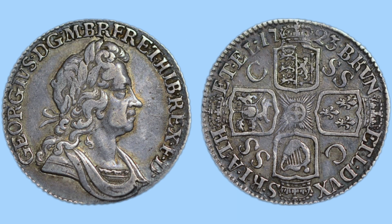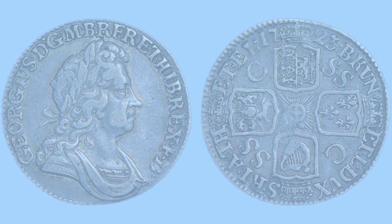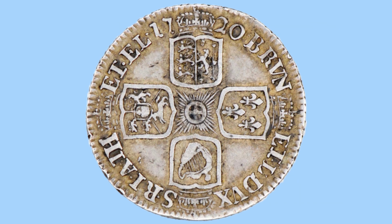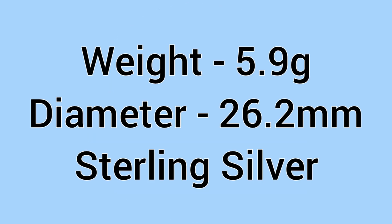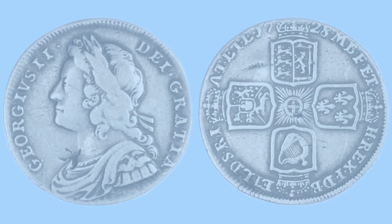On to the shillings of George I, and again a very nice realistic bust of King George I there, facing to the right, legend around, then a similar design to the reverse, with the crowned shields, garter star, and then SSC for the South Sea Company, and there's also a variety without the SSC, as some of the silver for some of the shillings was produced and supplied by the South Sea Company. They're a bit lighter now, only 5.9 grams, but a larger diameter of 26.2mm, so a thinner coin for George